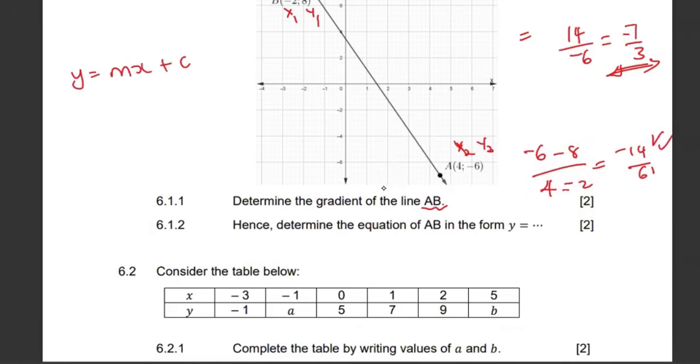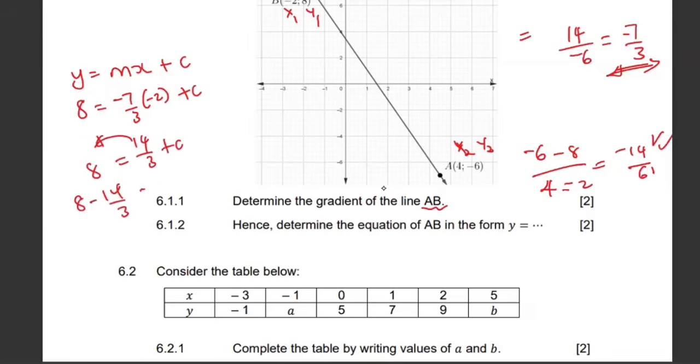plus c, let's use 8 and negative 2. So 8 is equal to negative 7 over 3 times negative 2 plus c. So this is going to give us 14 over 3 plus c is equal to 8. Let's move the 14 that side. 8 minus 14 over 3. So when you subtract this, I'll get a 10 over 3. Let's confirm that with the calculator. Yes, it's a 10 over 3, meaning that it's y is equal to negative 7 over 3x plus a